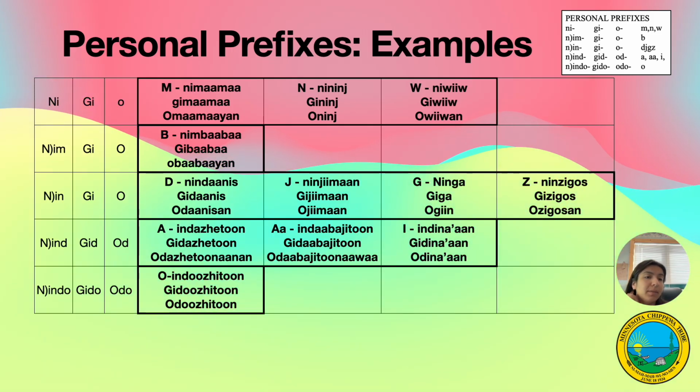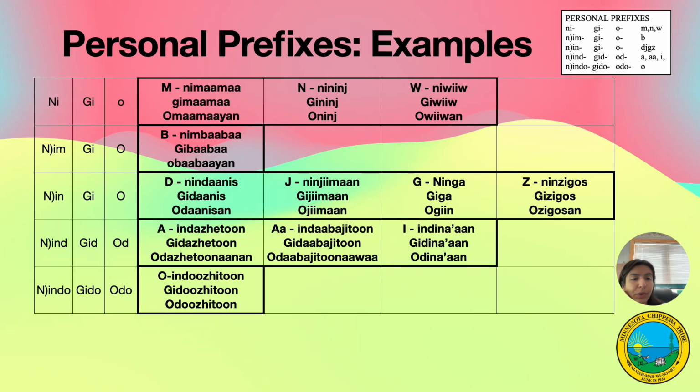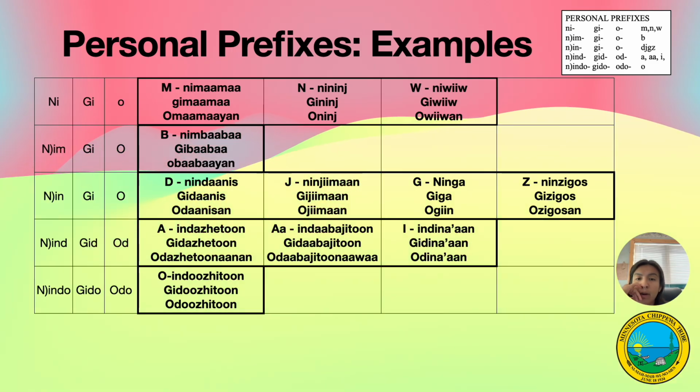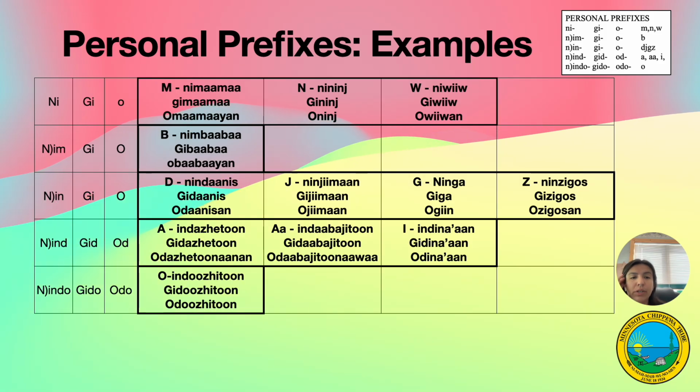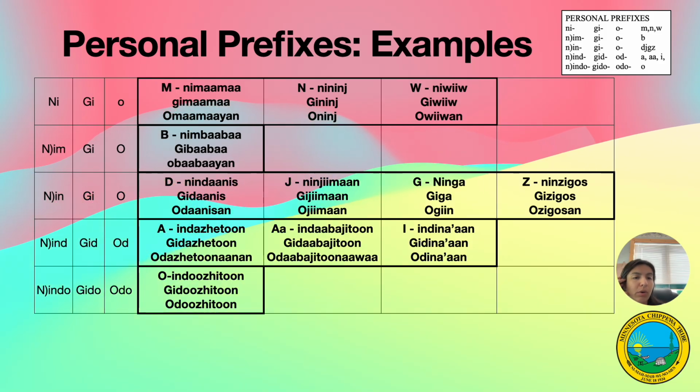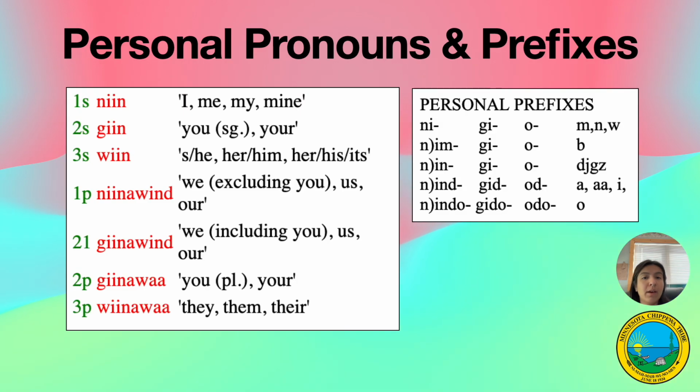And finally for our O rules, words that start with O and turn to double O with our prefix. So it's nindo, giddo, and odo. Ojetun is the verb. Indojetun, it extends. Gidojetun, it extends. And odojetun. That was our very simple review looking at these different resources from Rand Valentine and Kinukijik.